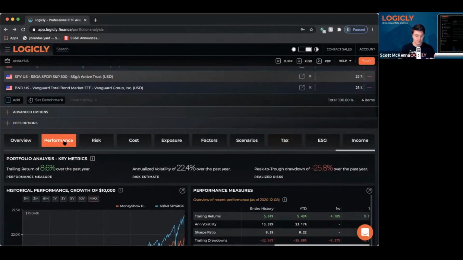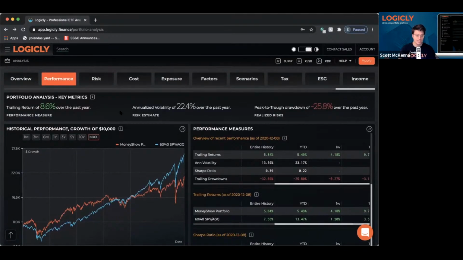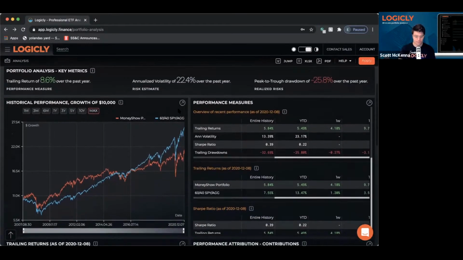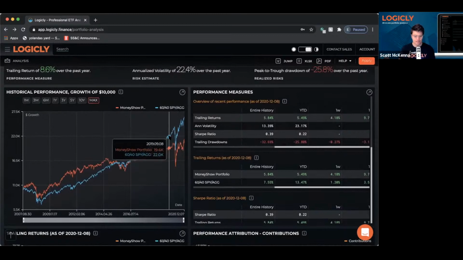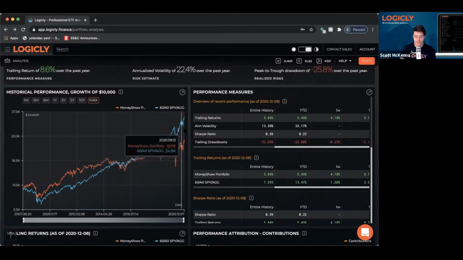So we're going to open up the performance tab, and you can see here some quick stats on that: trailing return, annualized volatility, the drawdown, realized risks. And then you can see, comparing this portfolio versus 60/40 SPY AGG, how has it performed? In this case, it was outperforming for many, many years, but now it's steeply underperforming.